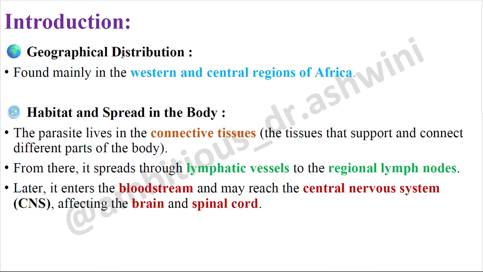The geographical distribution: found mainly in the western and central regions of Africa. Habitat and spread in the body: the parasite lives in the connective tissues, that is, the tissues that support and connect different parts of the body. From there, it spreads through lymphatic vessels to the regional lymph nodes. Later, it enters the bloodstream and may reach the central nervous system, that is CNS, affecting the brain and spinal